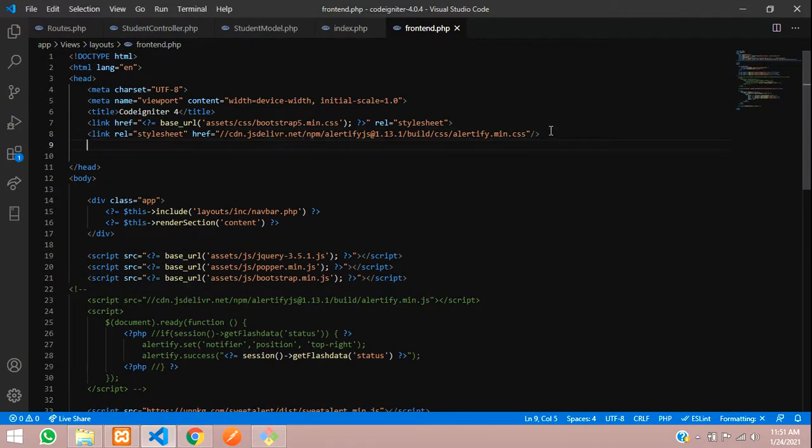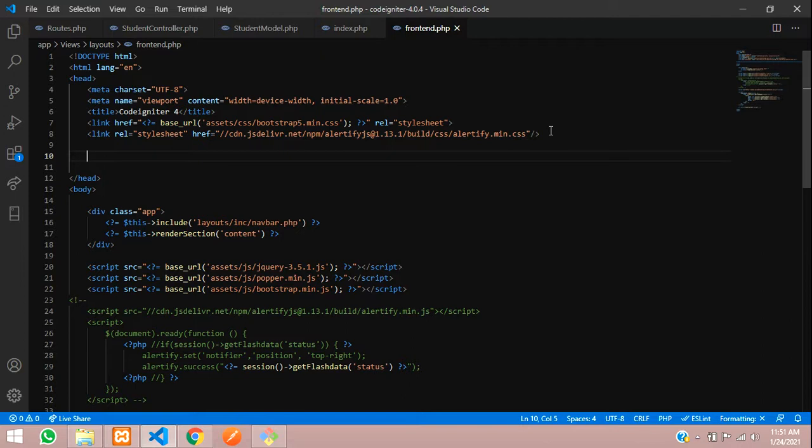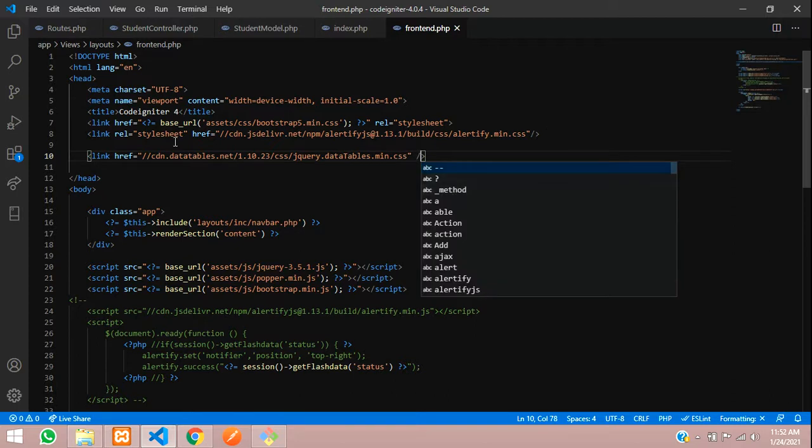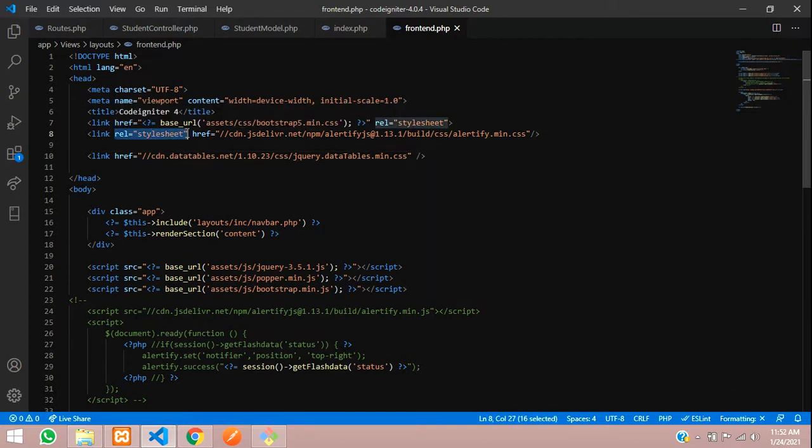We have to call the link tag for it, and close it. Then you tell href is equal to, and paste the link. Done.